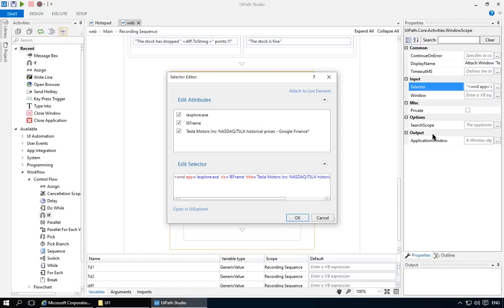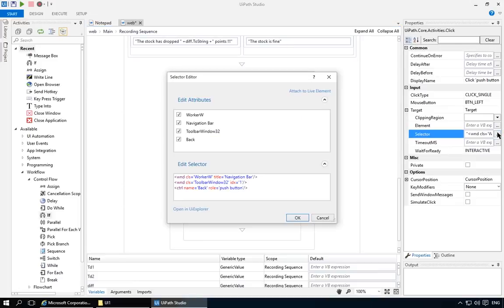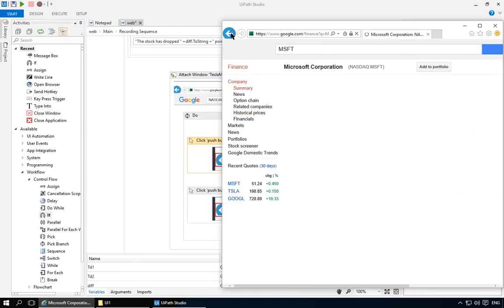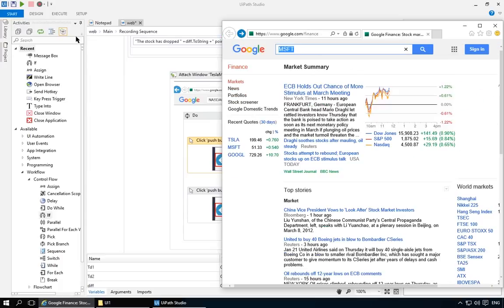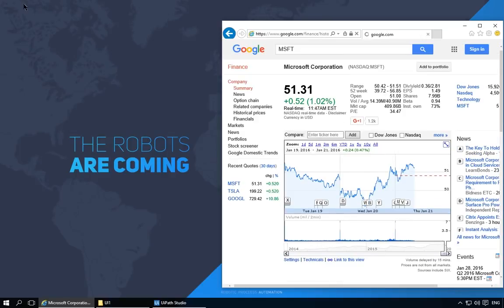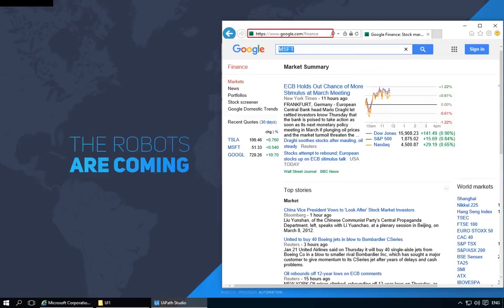Right, it looks like it's trying to find a window that contains something about Tesla. And that's obviously wrong since we want to search for different stocks, not just Tesla. Let's uncheck this box. And let's see the selector for the back button. Okay, generic, no Tesla related stuff in here. Let's see, but first let's go back to the original page and run. Okay. And it went back to